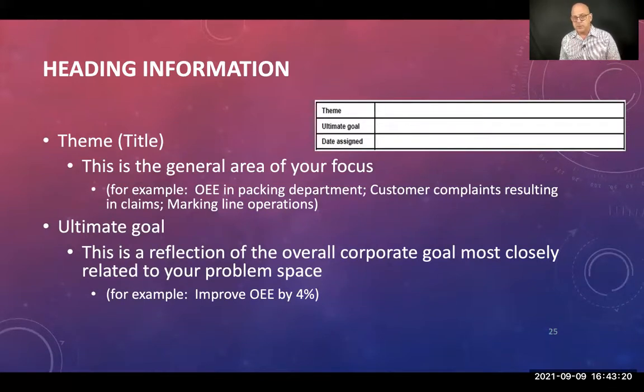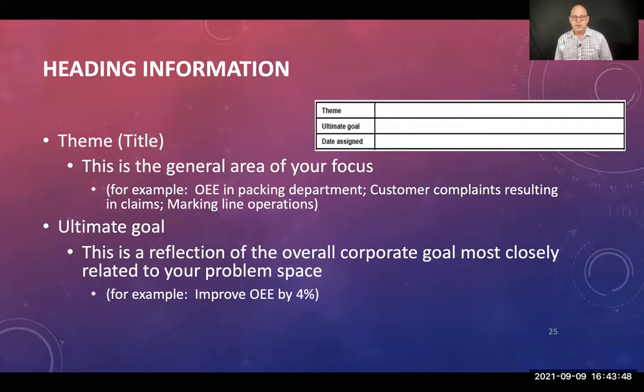OEE in the packing department. OEE is overall equipment effectiveness or operating equipment effectiveness. It's a measure of the overall productivity of the equipment in the system. So maybe that's what we want to look at. Maybe our numbers are telling us it's a little bit low, but I don't have to put that it's a little bit low in the theme. I'm just going to look at OEE in the packing department, or customer complaints, or the marking line operations, whatever